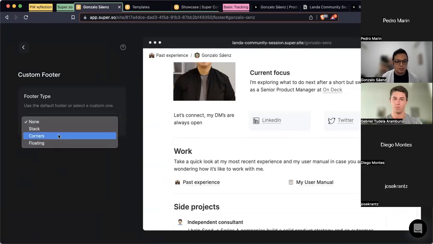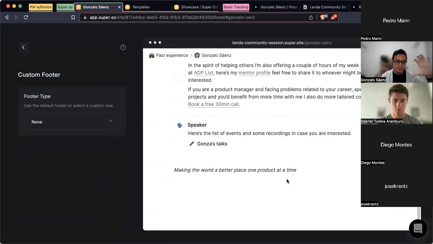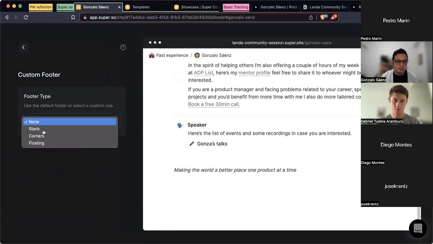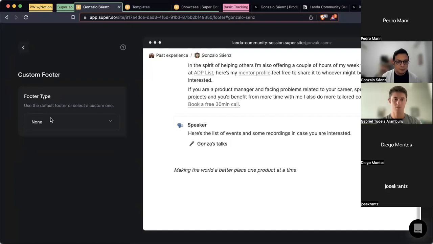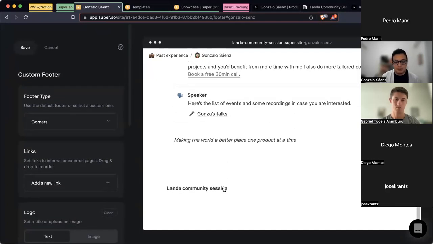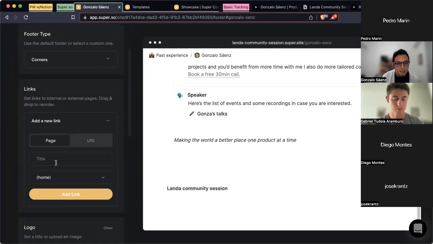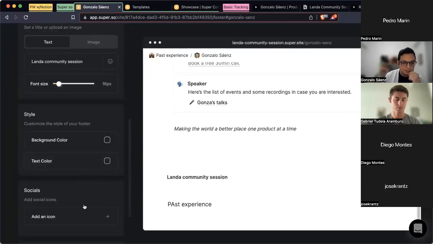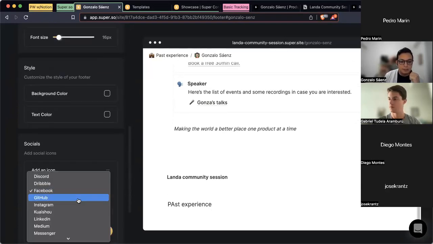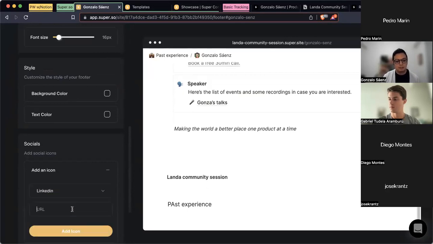I don't use the footers because I don't like the design so much, but basically you can also put your social media buttons here. So you can add links here. For example, past experience, and you can add this one, and it shows in the footer. And as I said before, you can add socials, for example, LinkedIn.